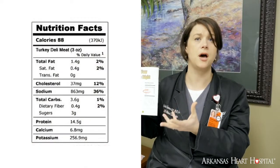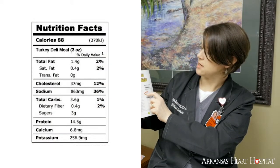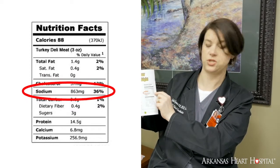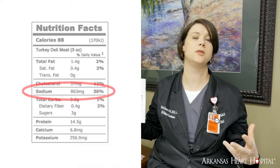So anything that comes in a box or a can is going to have a label like this, and just look at the sodium content. And don't look at the percentage, just the milligrams, okay? And so we want to keep it to 2,000 milligrams per day. So if we're going to do 3 meals a day, you want to keep your meals to about 500 milligrams of sodium per meal, and then that leaves you a little bit of wiggle room if you have some snacks,